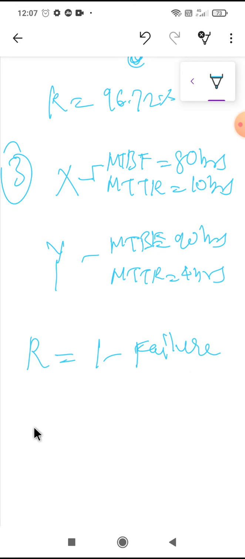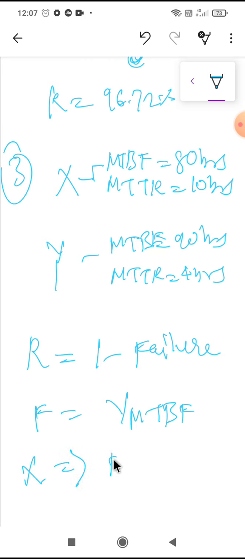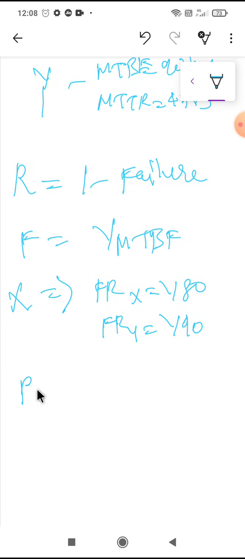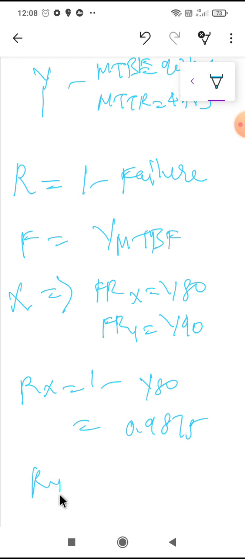So reliability, but what is failure rate? Failure rate is nothing but 1 upon MTBF. So 1 upon MTBF, that is 1 upon 80. Suppose we are taking X, the failure rate for X will be 1 upon 80, and failure rate for Y will be 1 upon 90. So now reliability of X will be 1 minus 1 upon 80, which is equal to 0.9875, and reliability of Y will be 1 minus 1 upon 90, which will